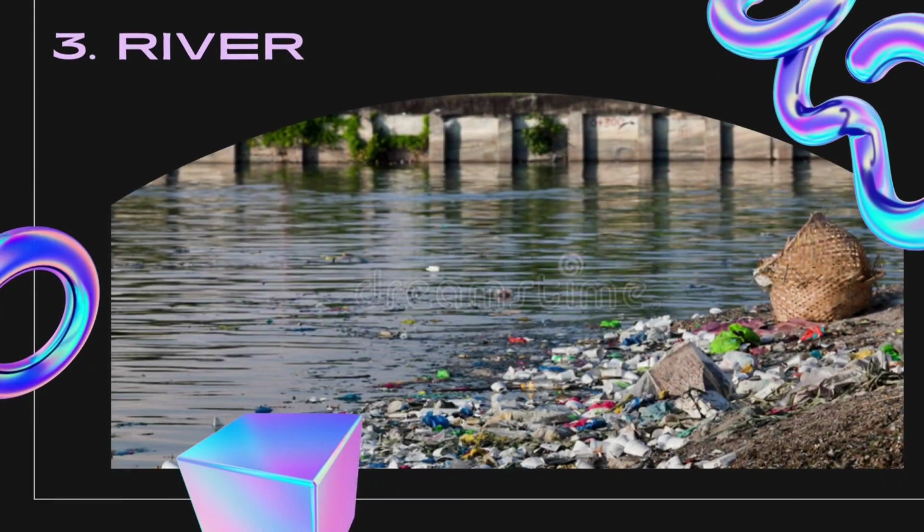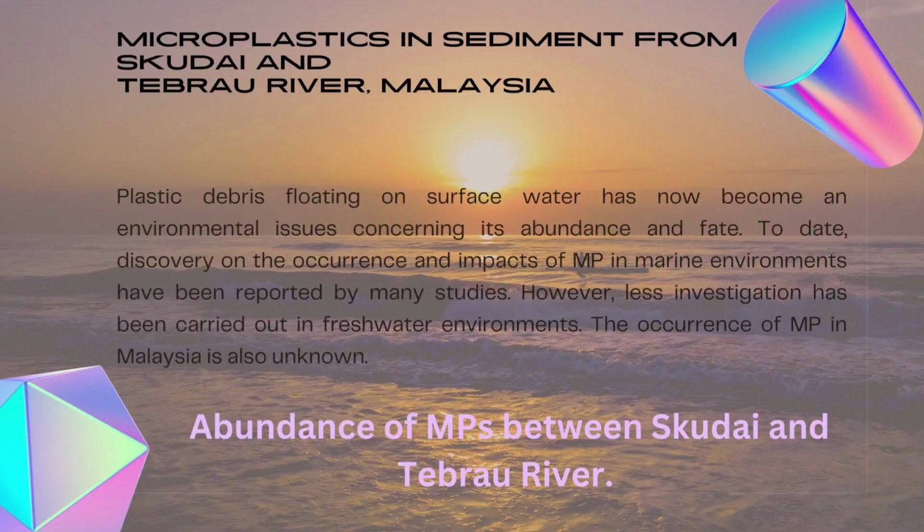Now, let's look into the microplastic pollution in rivers. Plastic debris floating on surface water has now become an environmental issue concerning its abundance and fate. To date, discoveries on the occurrence and impacts of microplastic in marine environments have been reported by many studies. However, less investigation has been carried out in freshwater environments. The occurrence of microplastic in Malaysia is also unknown. Thus, from here onwards, we are going to look at the microplastic abundance in sediment from Skudai and Tebrau River